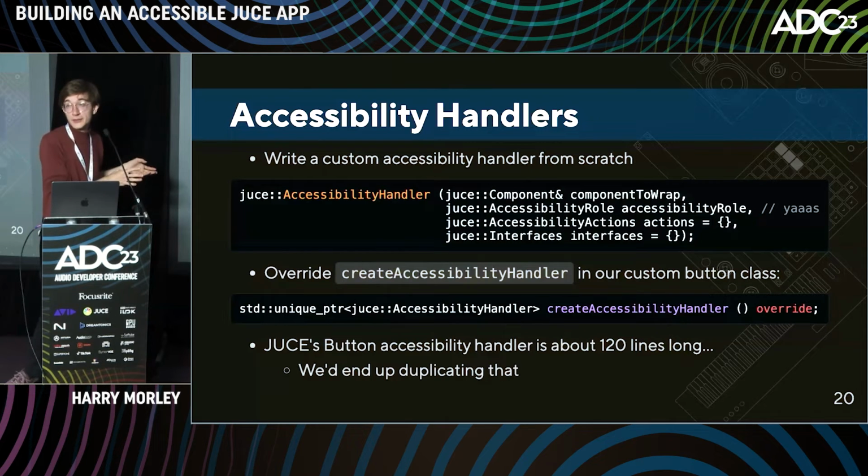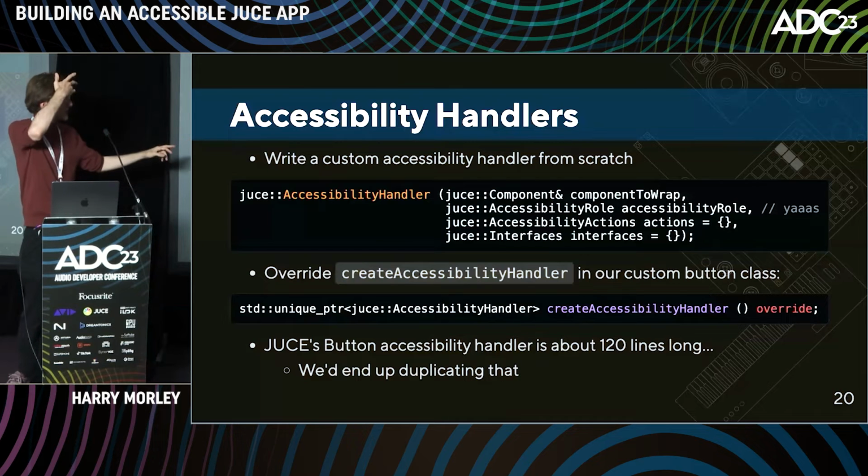There is a Juce toggle button. That's more for sliding toggle style things or checkboxes, like preferences. But hey, we use the Juce text button. How can we make this accessible or improve the accessibility? Well, we need to make a custom accessibility handler. To do that, in your Juce component, say we've got a button that inherits from Juce text button, we just need to write a way to return an accessibility handler. You can do that with create accessibility handler,